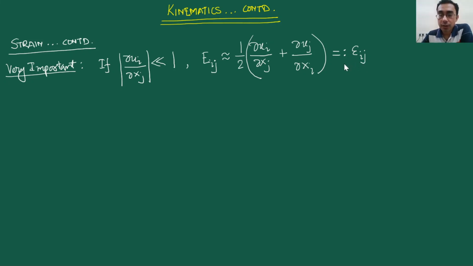So earlier we had written it in the reverse fashion, with a symbol like this, colon equal to. If you have that symbol, whatever you write on the right hand side will be the definition for the left. And here what we are doing is we have an expression and then we are choosing to define that expression in this form. So it is just the reverse way. So with this understanding,